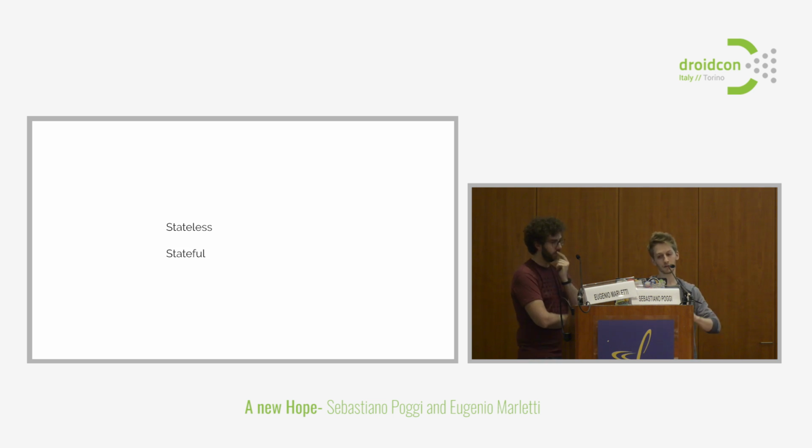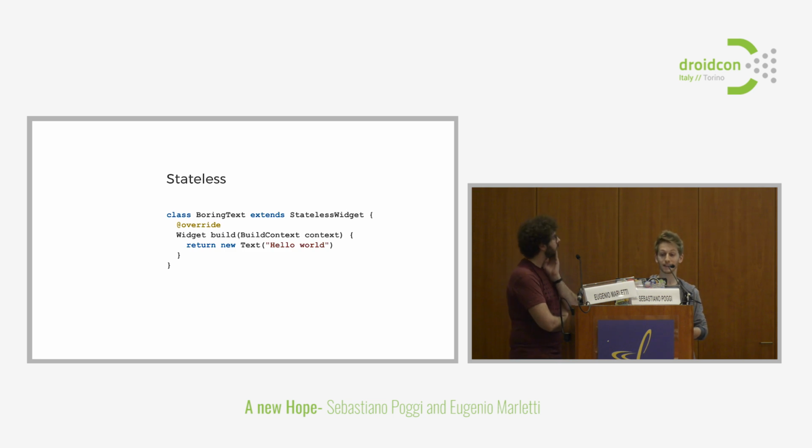And as opposed to that, the other parallel part is a stateful widget, which obviously holds state and will rebuild its own tree whenever the state changes. Let's see what they look like. So the stateless widget is very simple. You just extend StatelessWidget, and you have your build function, and from there you will return another widget. So this is how you compose anything.